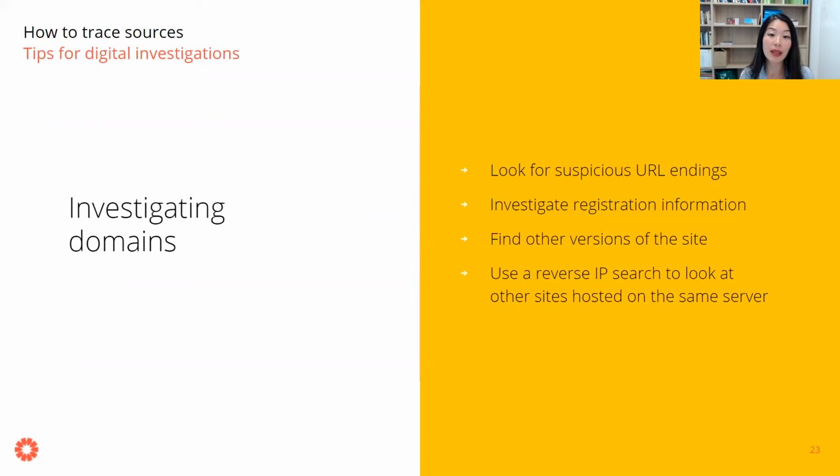Also, one more thing that you can do is to try to find other versions of the website online. We have seen many cases of websites that move onto a different URL, and then they try to privacy protect the new website, but they may not do that for the old website. So if you can find an older version of the website and check its registration information, then you can potentially get more information about when it was registered, in what location, or even the company that registered the website.